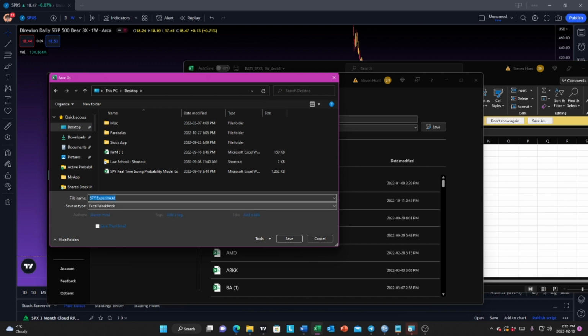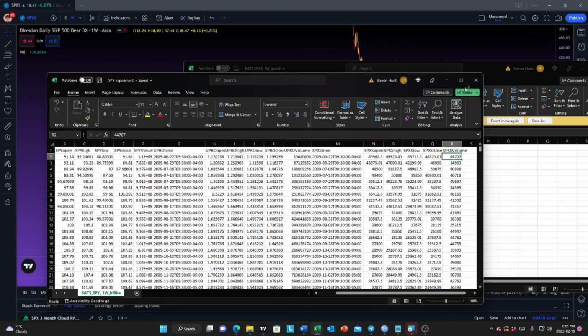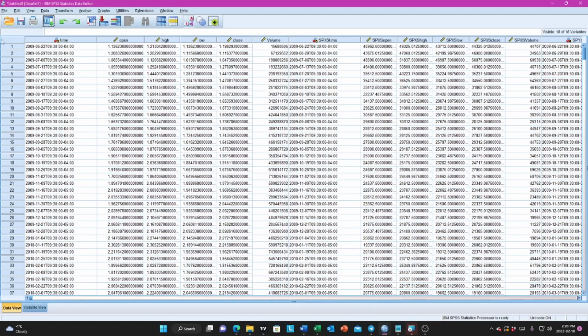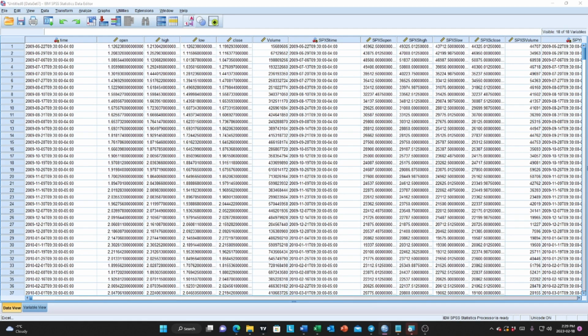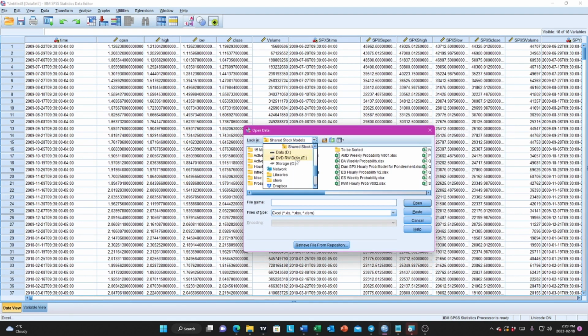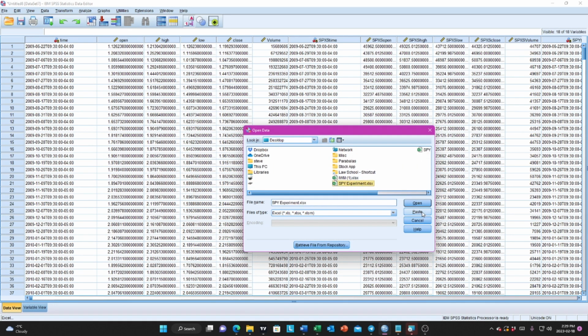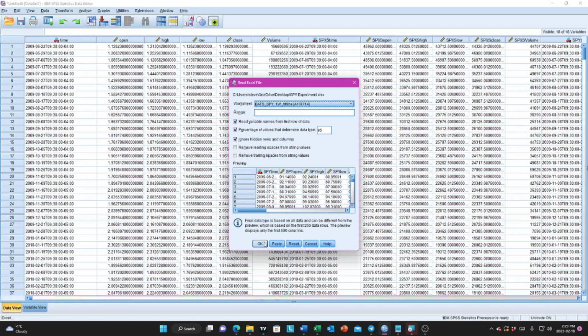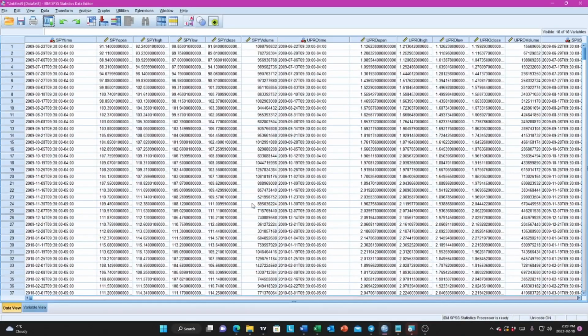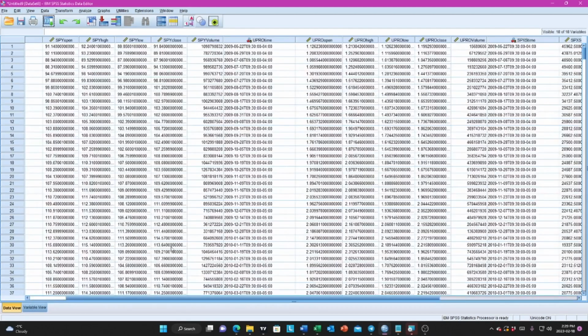And so we're just going to save this, and I'm going to use SPSS. I just prefer it. You can use Excel, you can use SAS, you can use MATLAB. So I'm using SPSS. I'm going to import my document that we just created, make sure all the data is correct, and there we go. So now we have this data in SPSS, and we can actually start to draw some